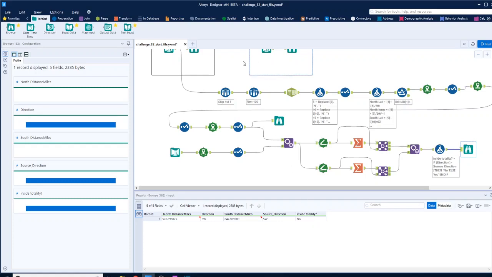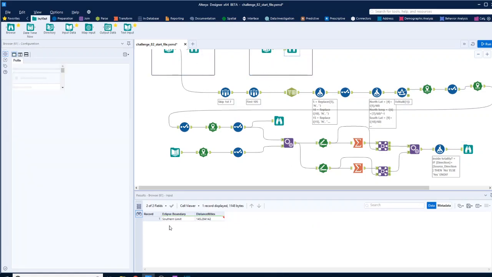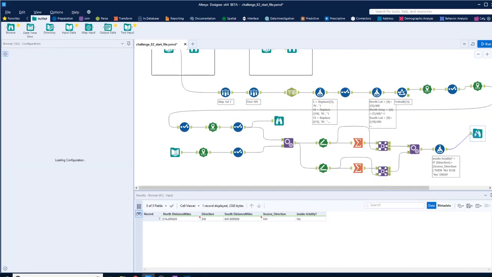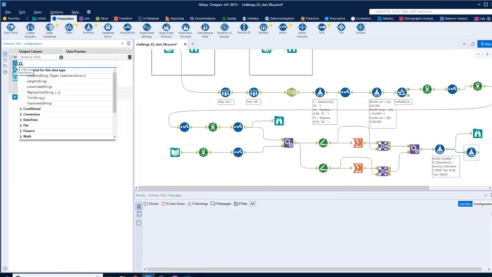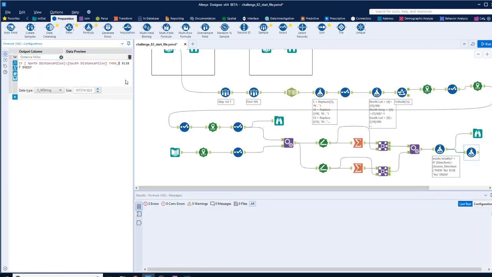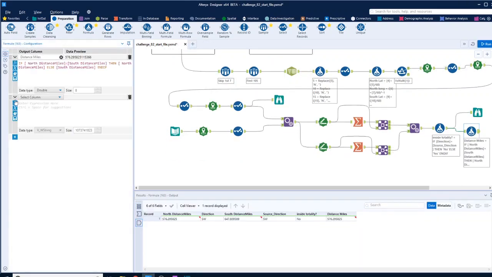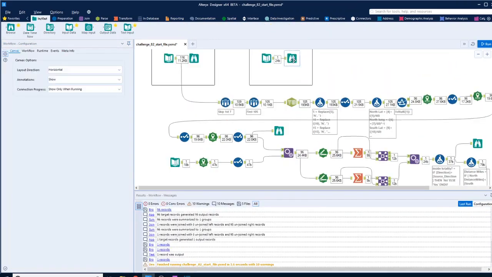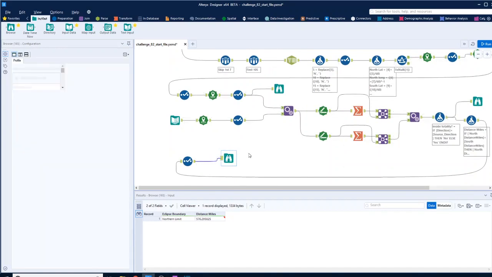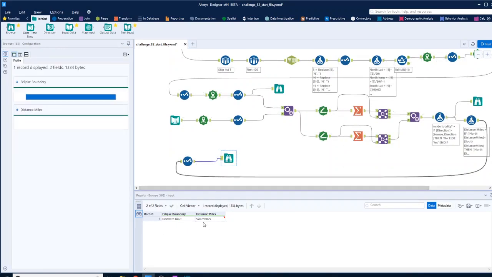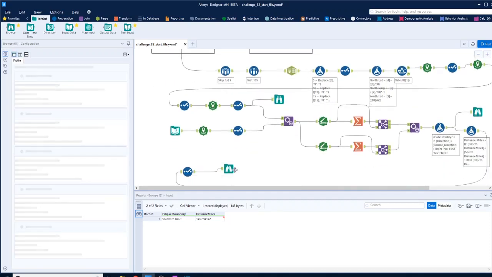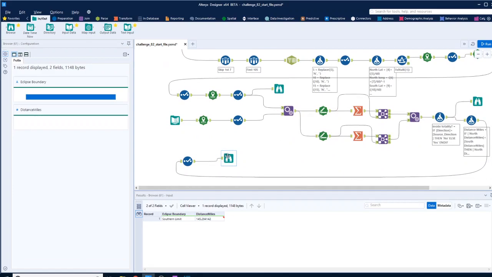so what we want is the, what do we want to create it as? So I'm going to create these two, distance miles. So let's create a formula. For, well, that's a different number, but effectively, yeah, northern limit boundary with the distance of 576 from whatever that is, I don't know. So that is